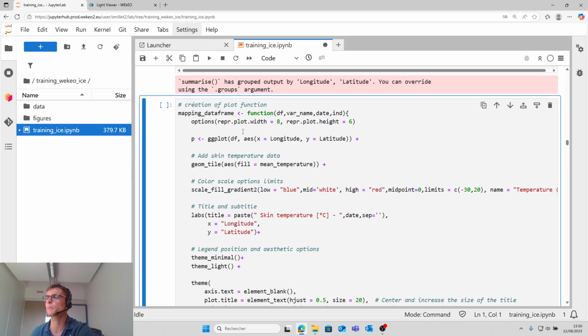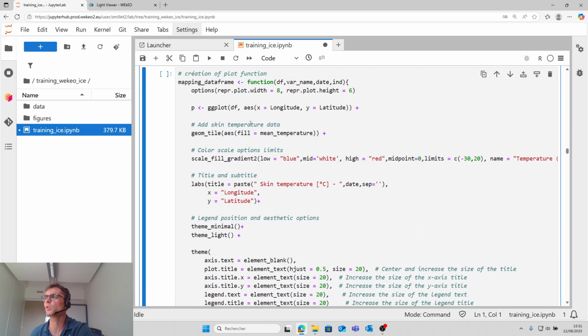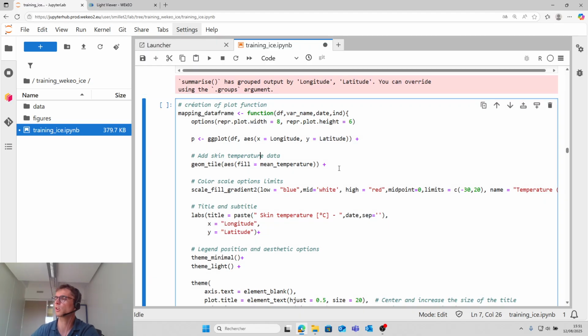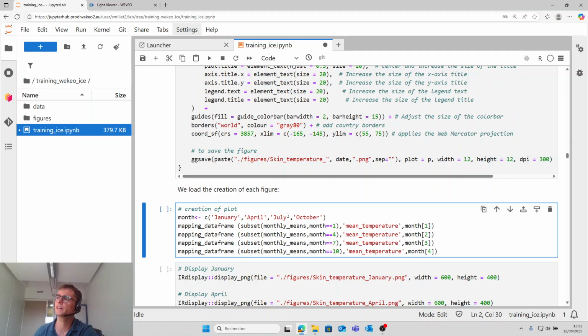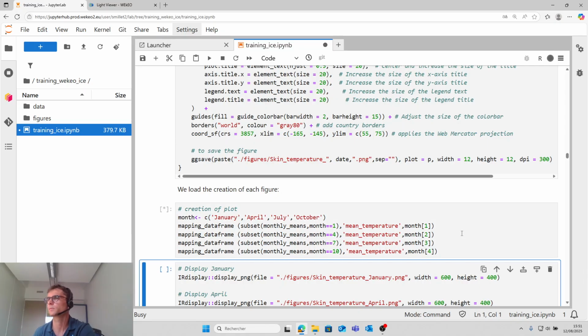It is approximately the same code that we have seen before for creating a map, but we put it in a function to have less code after for plotting each month. And here for January, April, July, and October, we plot all the figures.